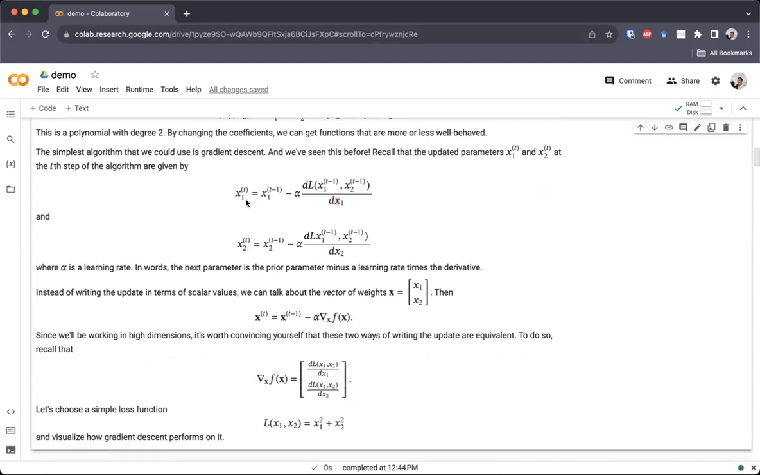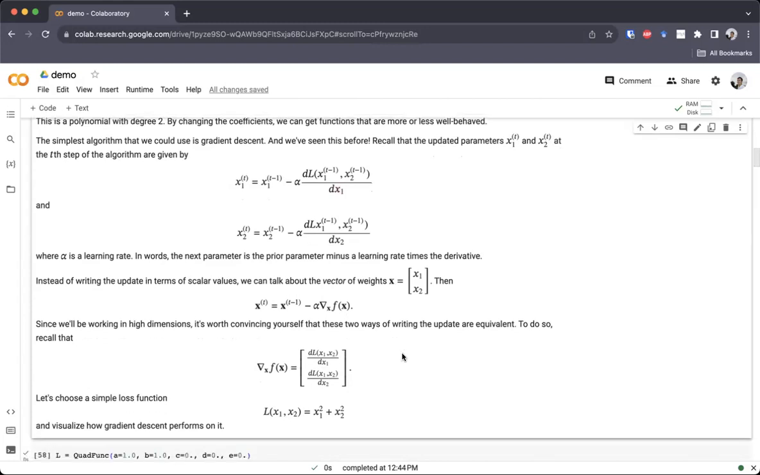Instead of writing the update in terms of these scalar values, we can talk about the vector of weights, which I'll call this bold version of x. It's simply a vector where x1 is in the first dimension and x2 is in the second dimension. Then instead of writing this clunky version of the gradient